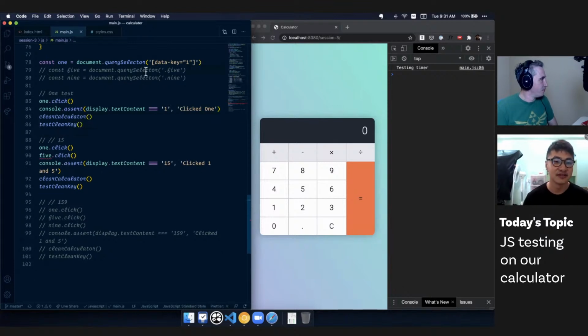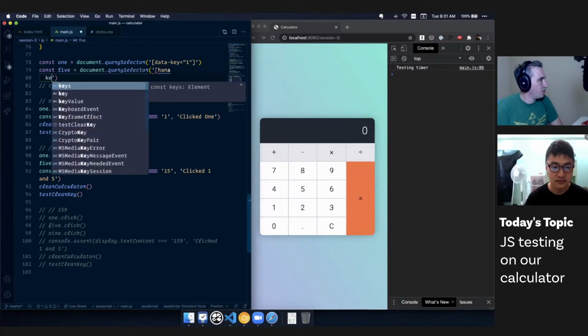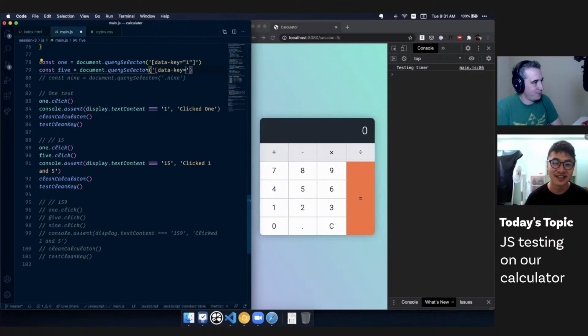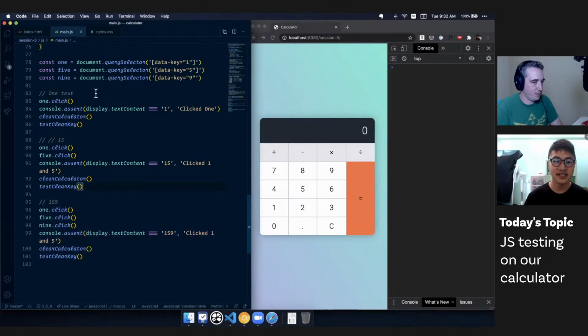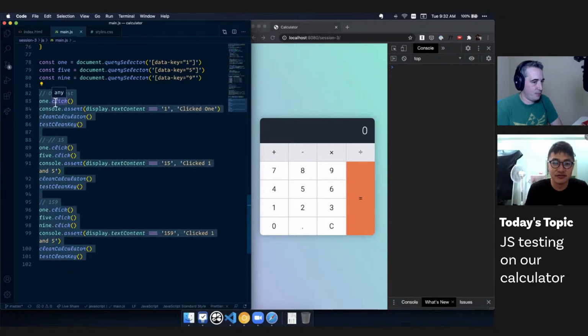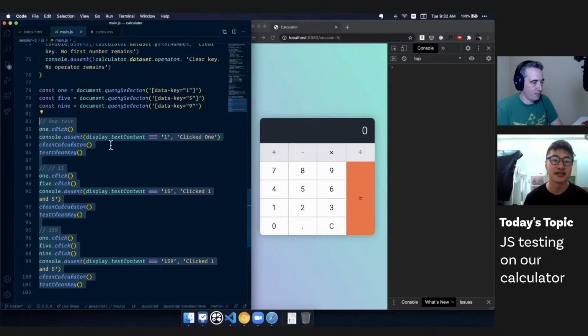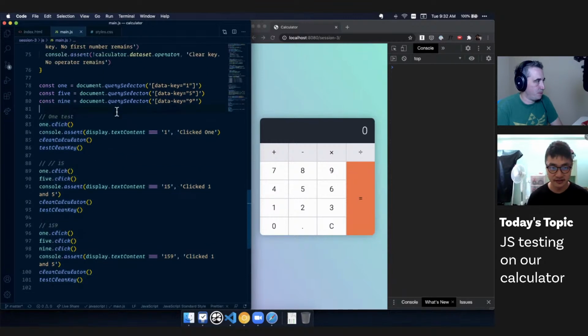Yep. So we have 5, and now 5 is data key. Data key is 5, and 9 will be data dash key 9. Okay, we were doing 1, 5, and 9, right? So yep. Now you can see that we already have done this sequence 3 times, which means that we can create a function to repeat it because we already have a very clear format. Let's create a function called test key, or rather,